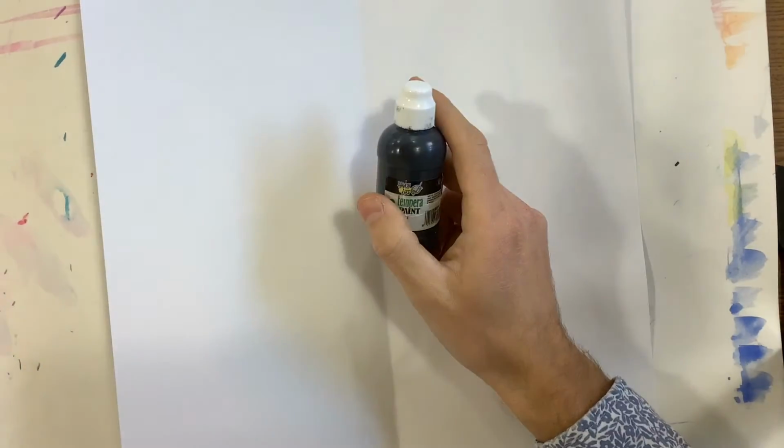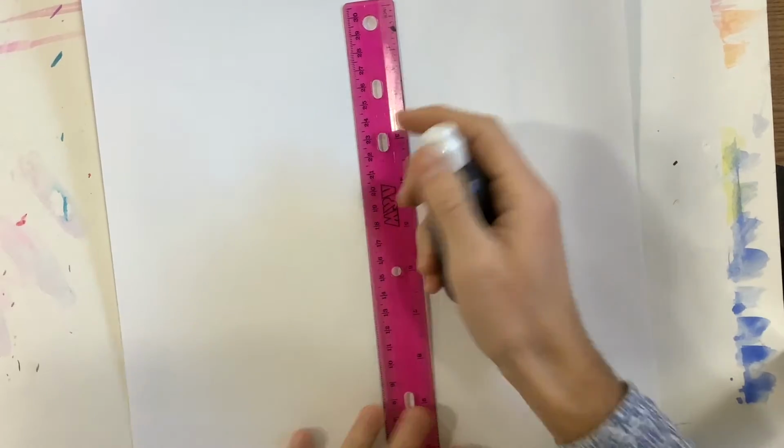Hey artists, today you are going to get a big sheet of paper off of the supply table. You are also going to have some of these paint daubers at your table, as well as some rulers. The first thing you're going to do is put your name on the back of